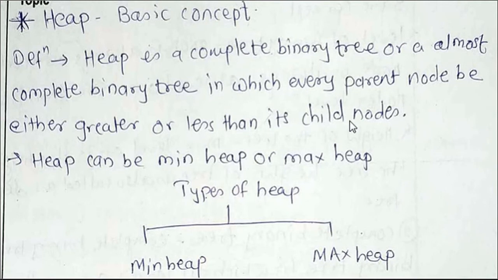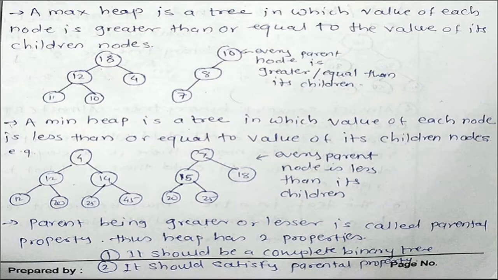Basically there are two different types of heap, that is a min heap and a max heap. So what is a max heap? A max heap is a tree in which the value of each node is greater than or equal to the value of its children nodes. As you can see in the example over here, the value of a node is greater than or equal to its children nodes. So this is a max heap, and opposite to that we have the min heap,